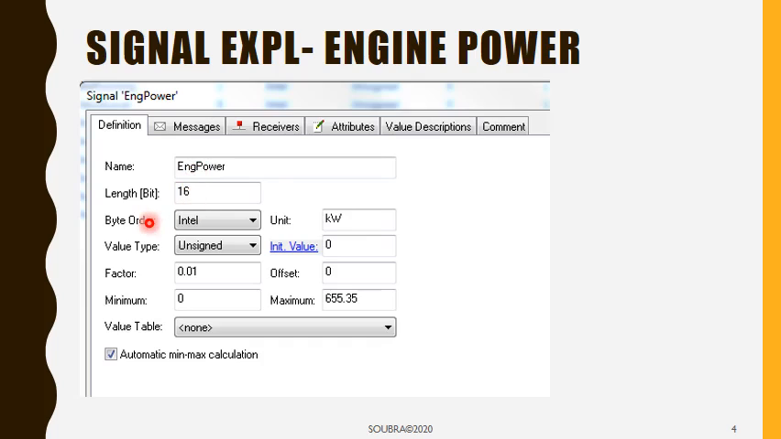Right, and we're seeing that the value of the signal is unsigned, so the values would start from 0 all the way up to a number that is dictated by the number of bits that we're using here. So with 16 bits we can represent how many values in total? So it's 2 to the power of 16, so normally it should be